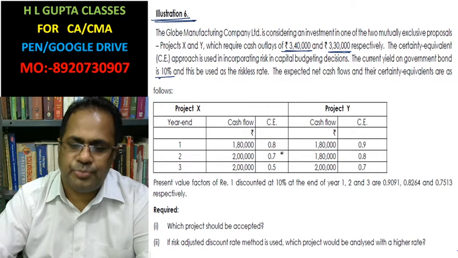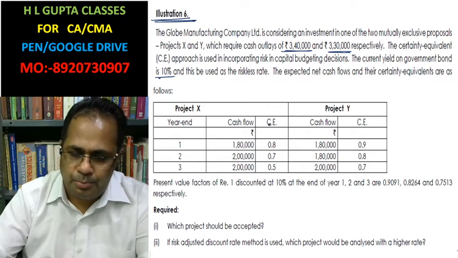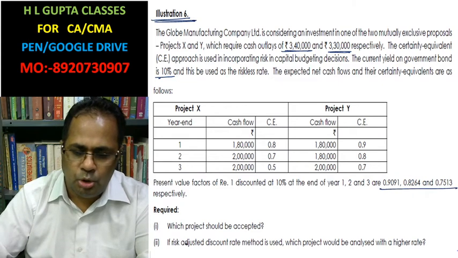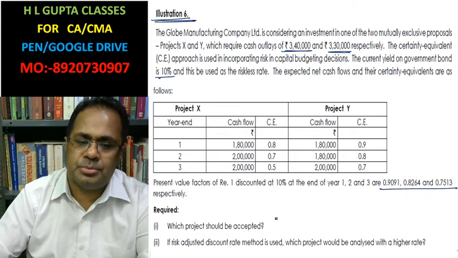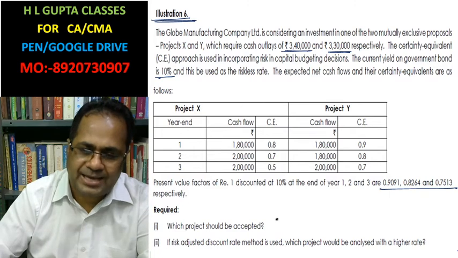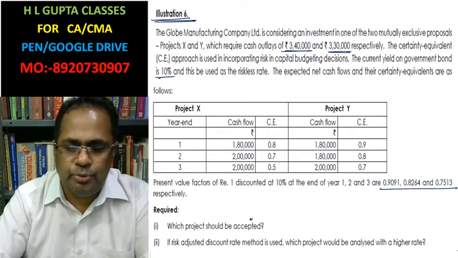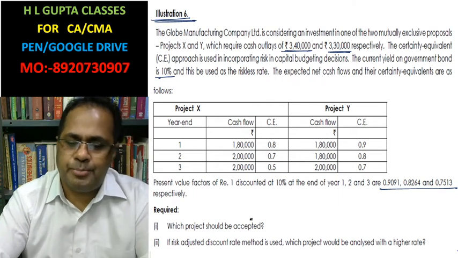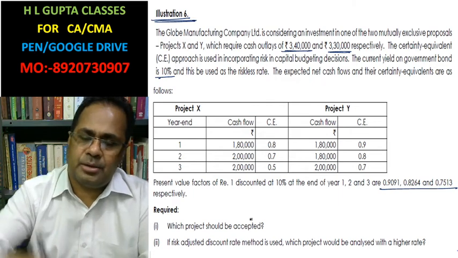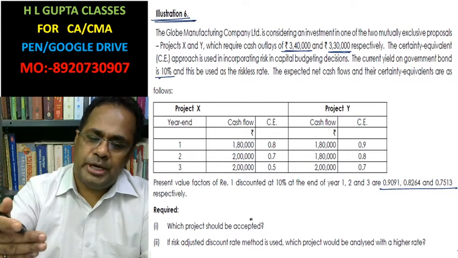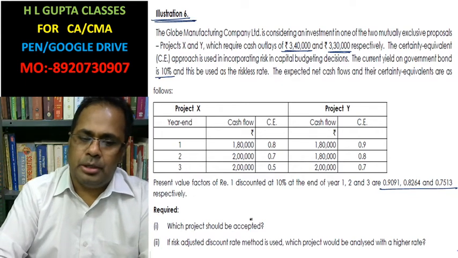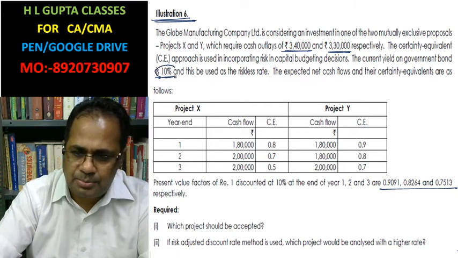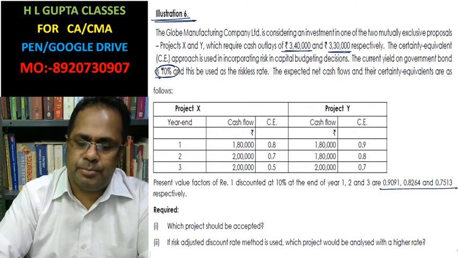This is given. Okay. Now, projects cash inflows are given. This is present value of cash inflow. Which project should be accepted? Out of these two projects, which project should be accepted? For this, you need to calculate adjusted net present value, and the project having higher net present value is selected. In the case of certainty equivalent, only the risk-free discount rate is applied.